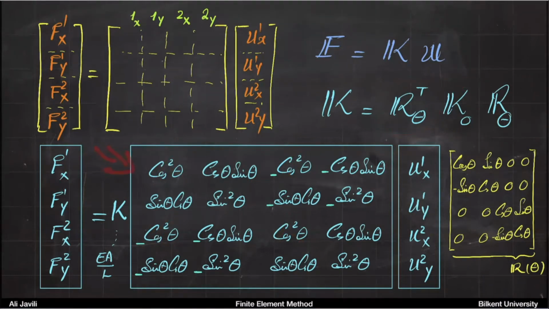So for a 1-dimensional truss member in a 2-dimensional space, this would be your stiffness matrix. And then again, all you have to do now is to insert an angle theta for this,